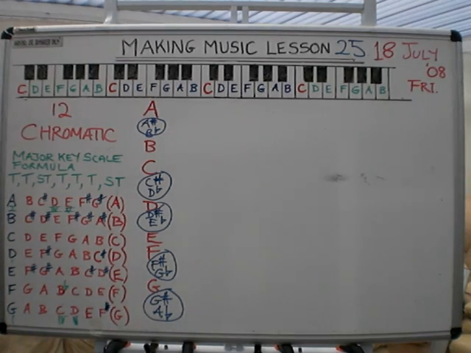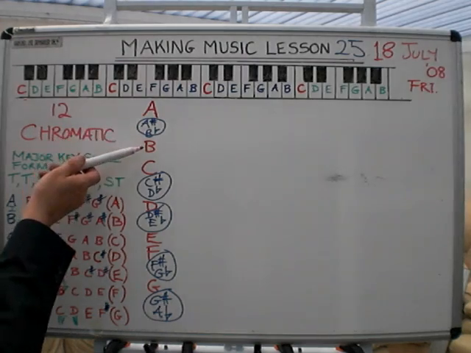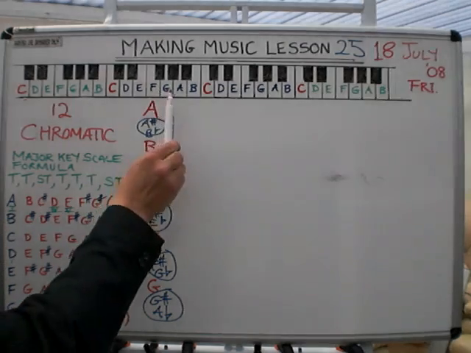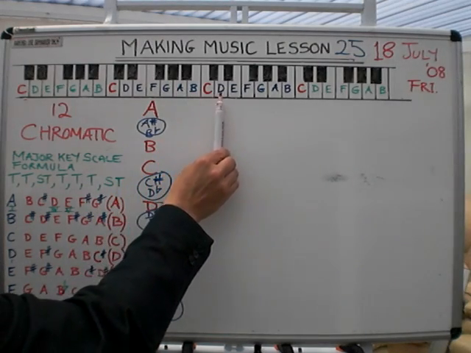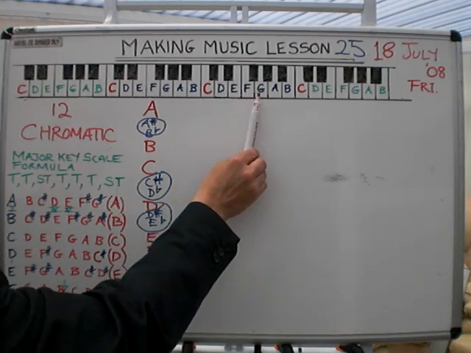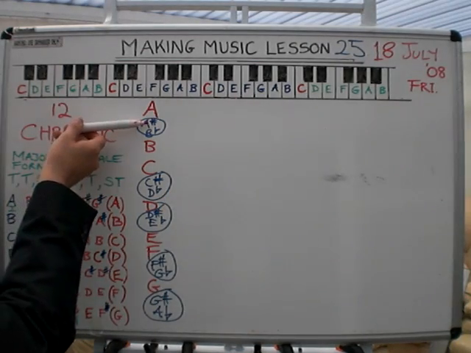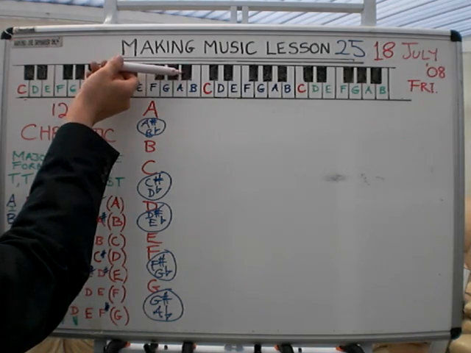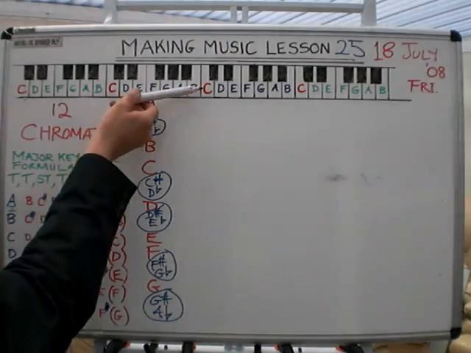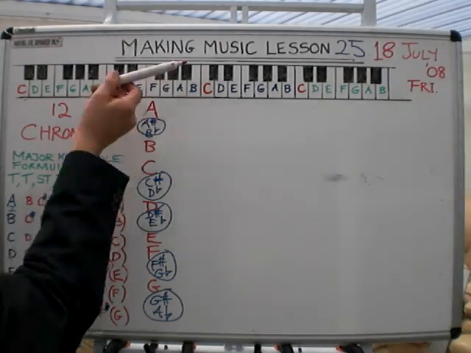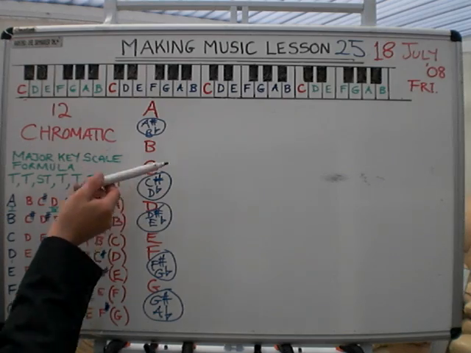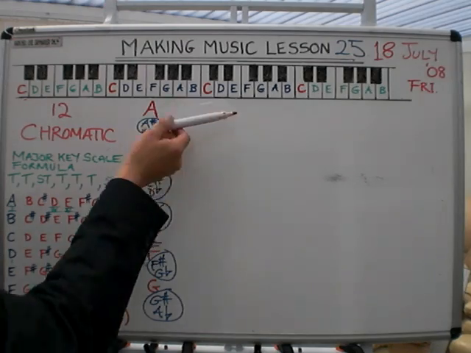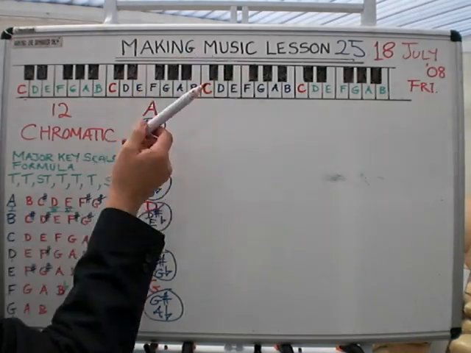So what we've got there, we've got the 7 naturals, 1, 2, 3, 4, 5, 6, 7 of the A, B, C, D, E, F, G, which is the white keys of the piano. And then we've got the enharmonic black keys, A sharp or B flat. Let's go to the C, and this enharmonic C sharp or D flat. And let's go to the D sharp or E flat. Let's go to the F sharp or G flat. This one, F sharp or G flat, and the last one,